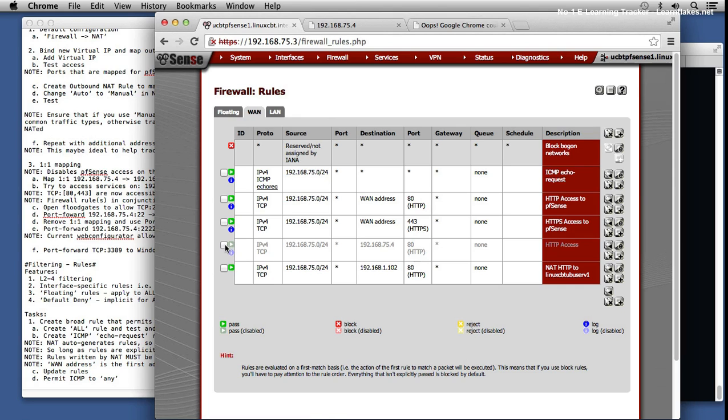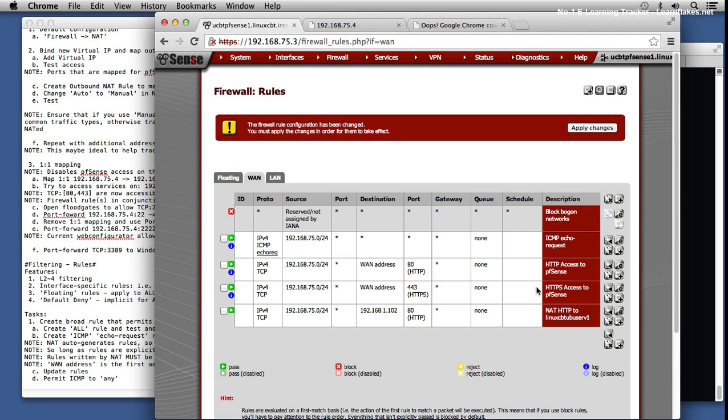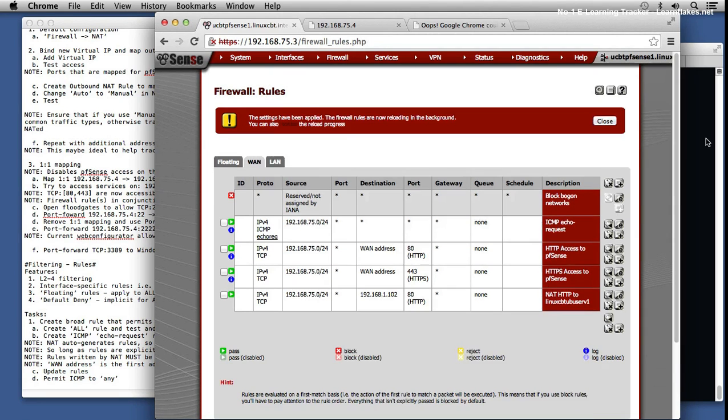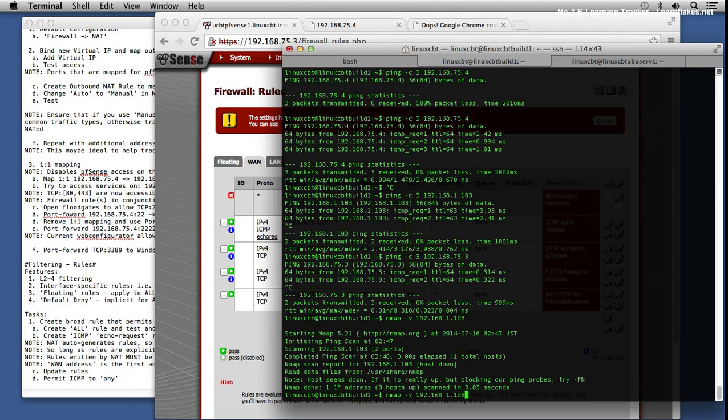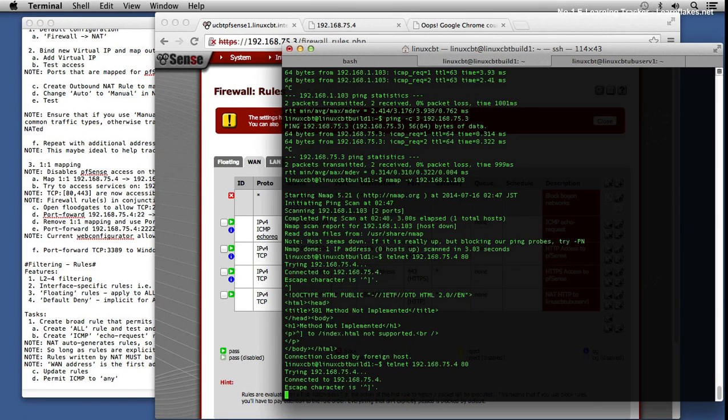And this one's actually disabled, so we can get rid of it. So we have HTTP access, NAT HTTP access to Linux CBT ubuserv 1. And before we do anything, let's just make sure it still works. So we'll telnet to 75.4.80. That looks good. And even if we give it some time, let's just make sure that it's not a fluke,